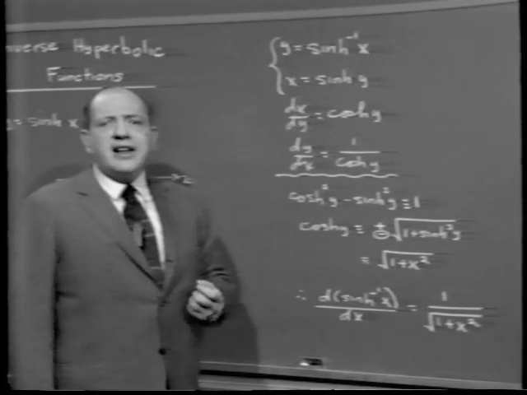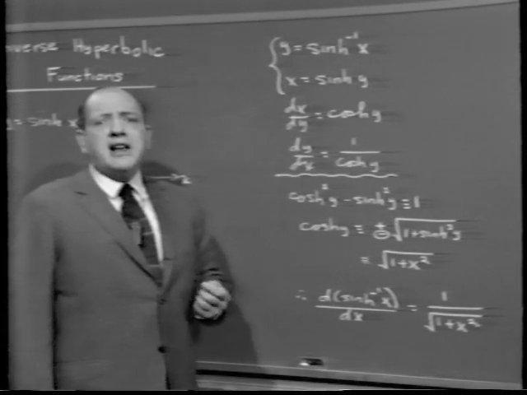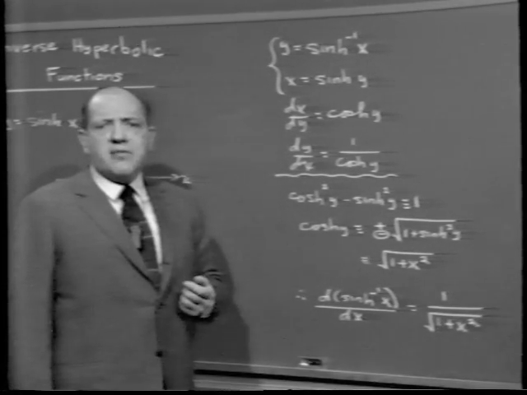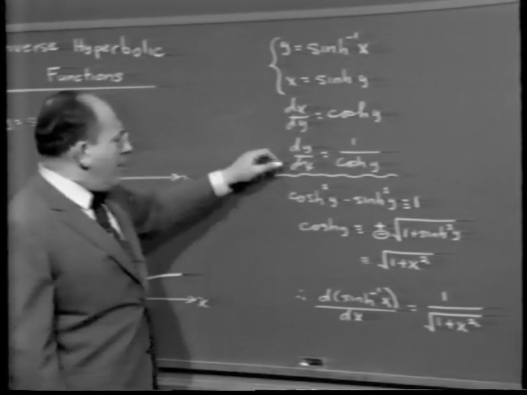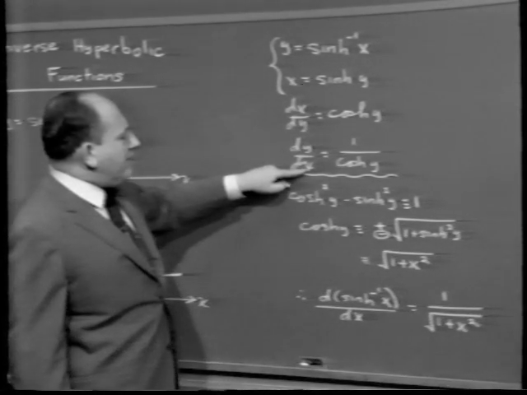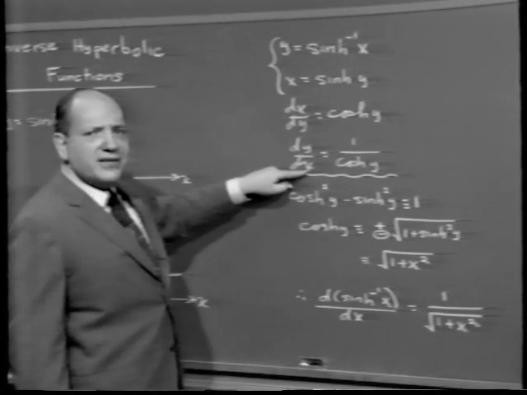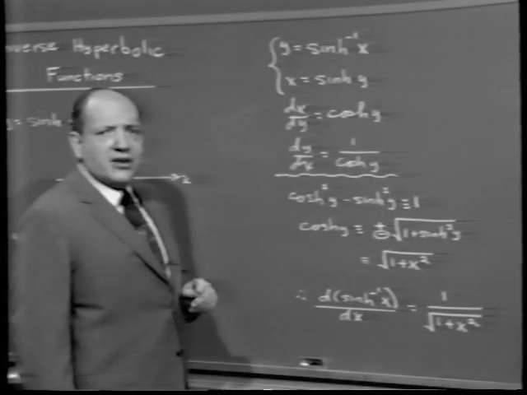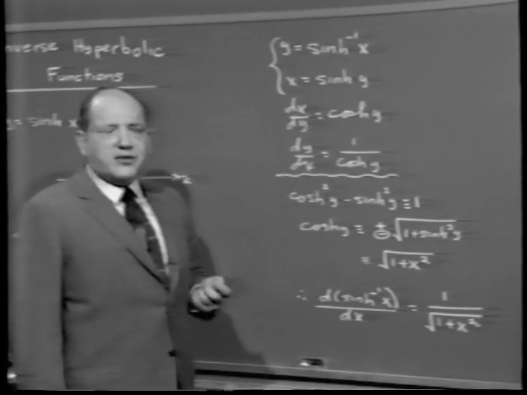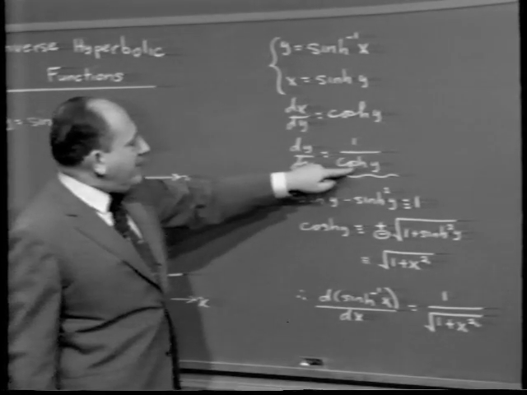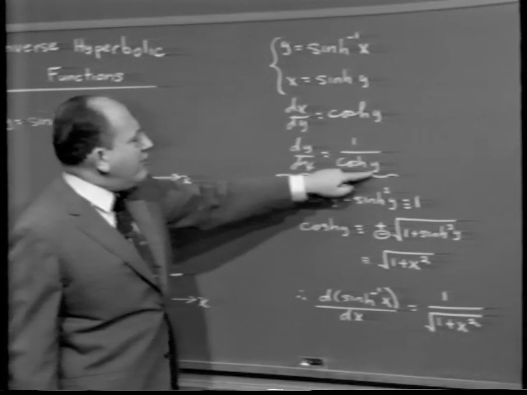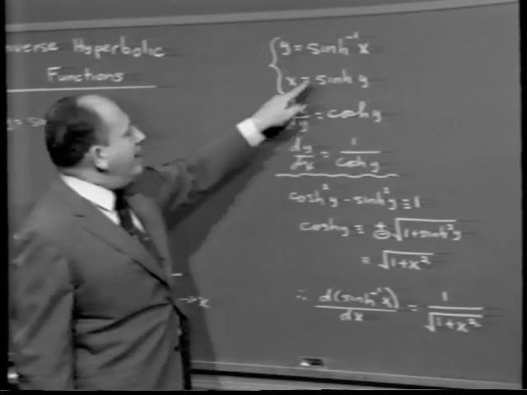The only problem is that, as we've said many times also before, if y is given as a function of x, we would like dy dx expressed in terms of x. Or to put it in still different words, usually when you're given an expression like dy dx, you're asked to evaluate this when x is some particular value, not when y is some particular value. At any rate, we do much the same here as we did with the inverse circular trig functions, namely having arrived at 1 over cosh y, and remembering that the relationship that ties in x and y is that x equals sinh y,